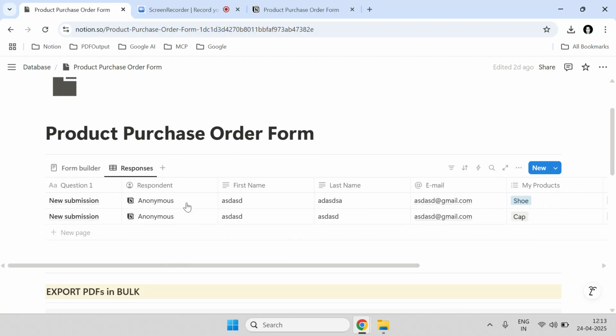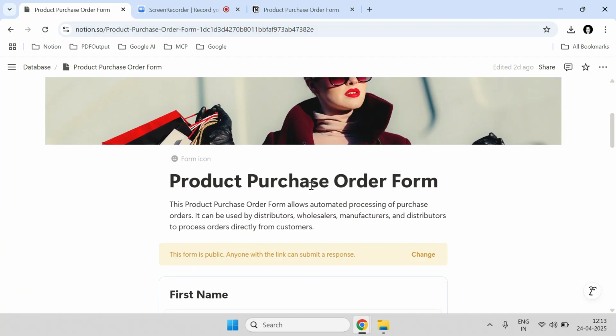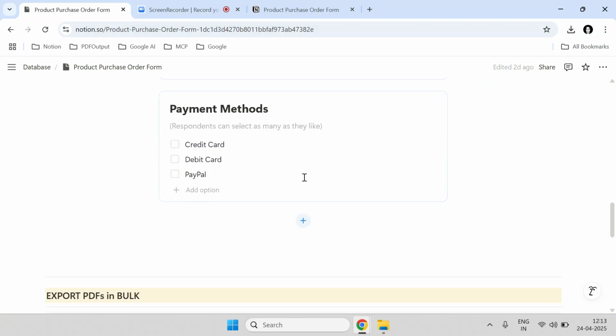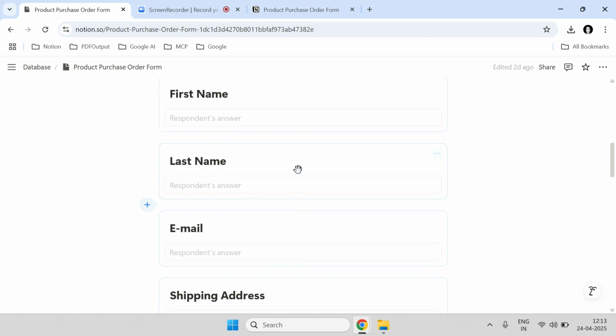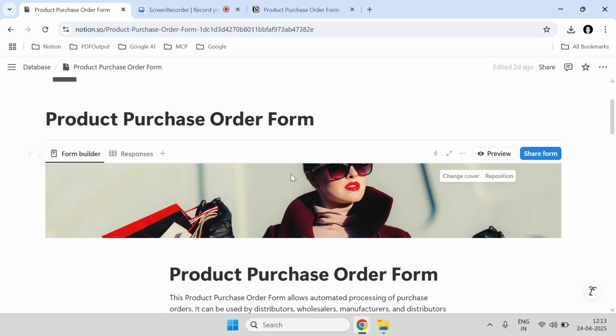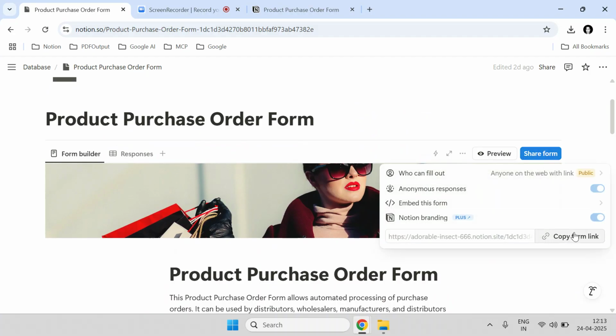Okay, so you can edit and customize this exact form builder as per your requirement. This is just a sample template file. You can add more fields or edit existing fields for your use case. All you need to do is simply click on share form and provide this exact form link to the user